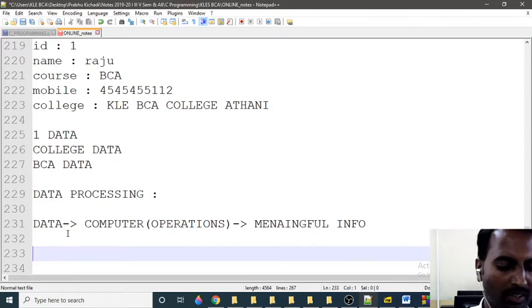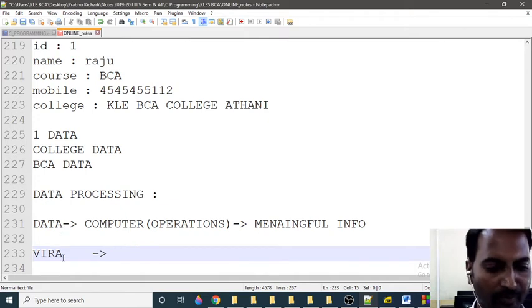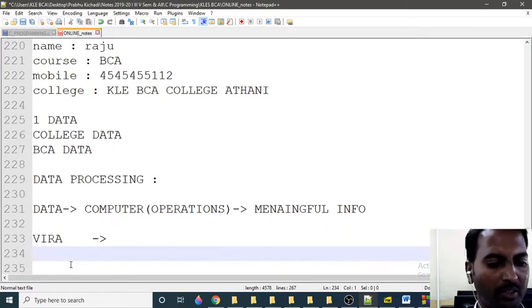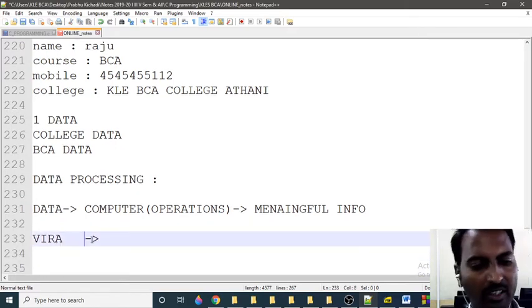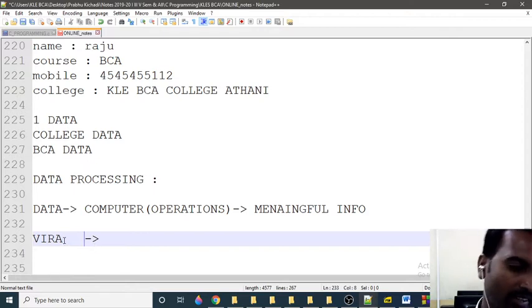For example, PIRA, this is my data. Anybody understand? I am writing it because P is also present in C characters, I is also present, R is also present, A is also present. But is there any meaning? Data doesn't have any meaning. That's why data totally looks useless. But if I apply certain operations on this PIRA, I can write it like this.